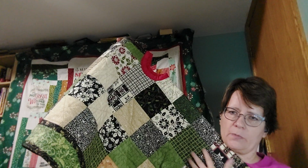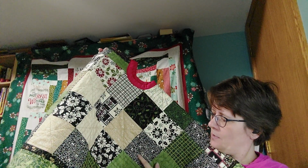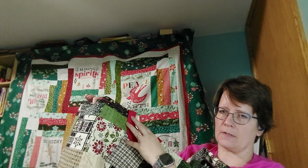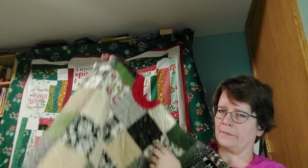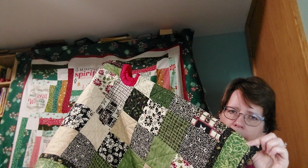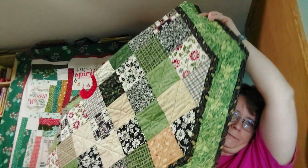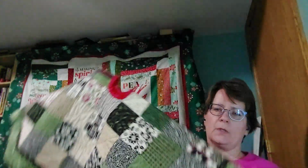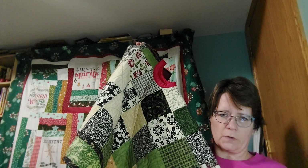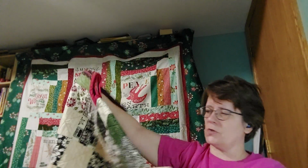And this one is very simple. Again, Missouri Star Quilt Company. It's just 2 charm packs with an oddball in the center that you end up cutting out. And then you add a little border, a medium border, and this is the binding. And then you cut the corners. So you assemble it like a trip around the world quilt, if you will. And then you cut the corners. And that tutorial on Missouri Star Quilt Company on their YouTube channel,